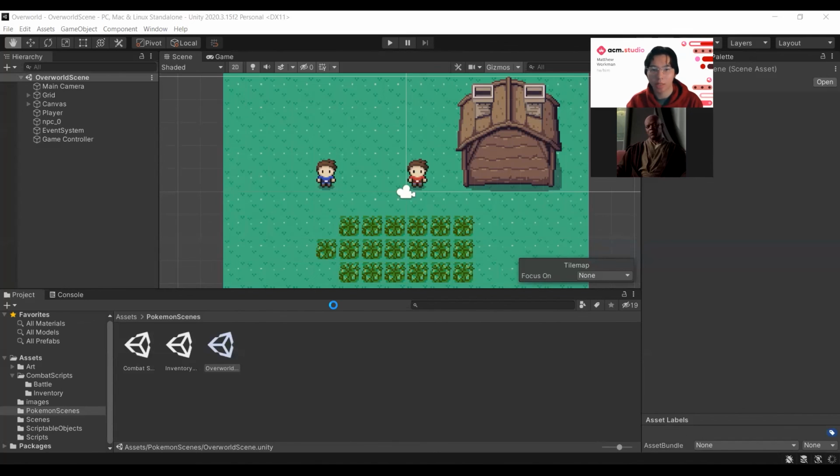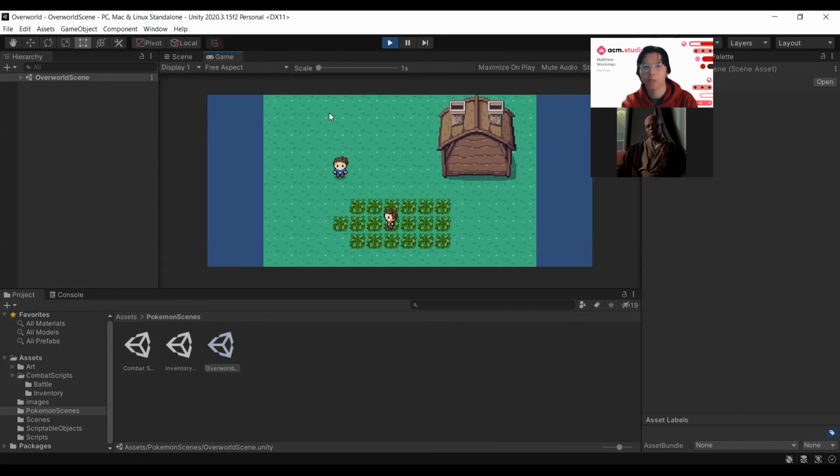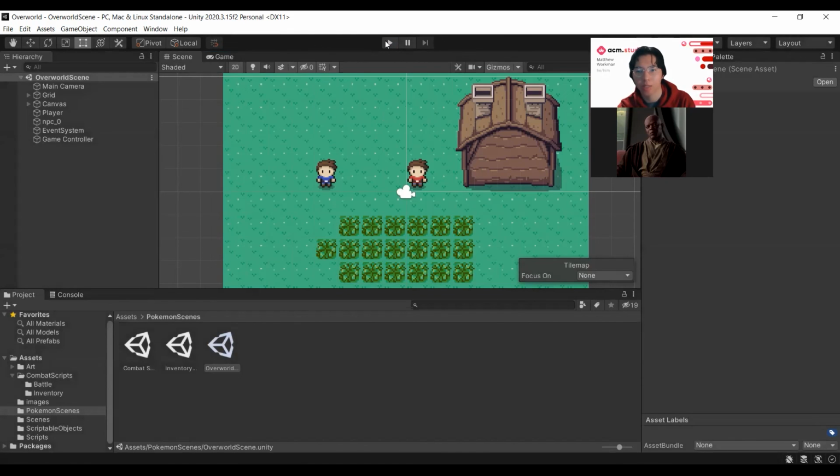All right. So now once our scripts are done, the player enters a battle. From there, we will ideally win the battle, and then we'll return to the exact same position. And then when we stop hitting play, we're back where we started. And then as we hit play again,